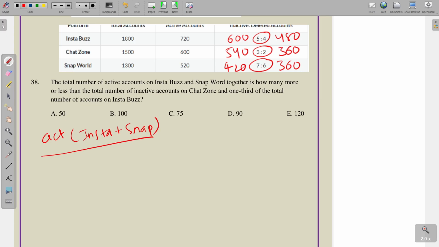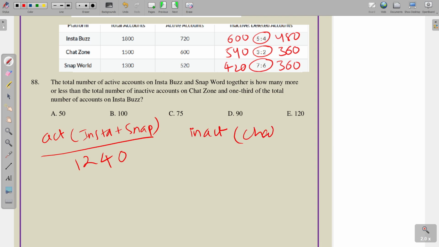InstaBuzz and SnapBuzz together, active accounts. InstaBuzz 720, SnapBuzz 520. Total is how much? 1240. Next one: together, how many more or less than the total number of inactive